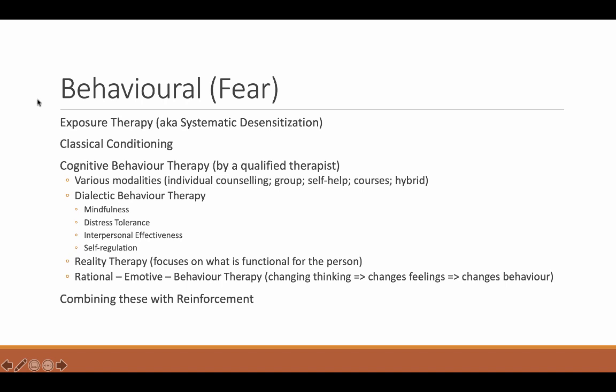Distress tolerance is the next one, helping people to learn how much they can handle being in uncertain or uncomfortable circumstances, sort of leaning into things that make them feel anxious or uncomfortable. The third is developing a set of skills that are around interpersonal effectiveness, really thinking about how a person communicates and socializes in a way that makes people more likely to do what we want and to want to be with us rather than creating conflict.